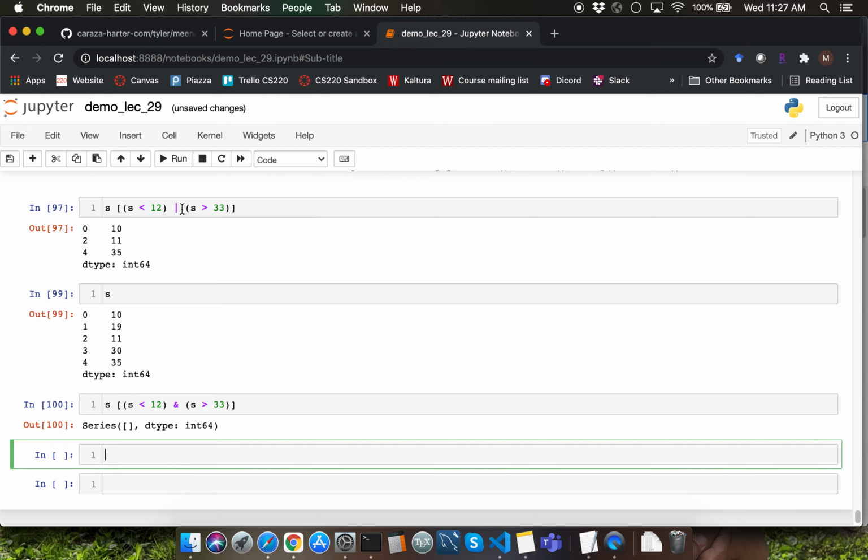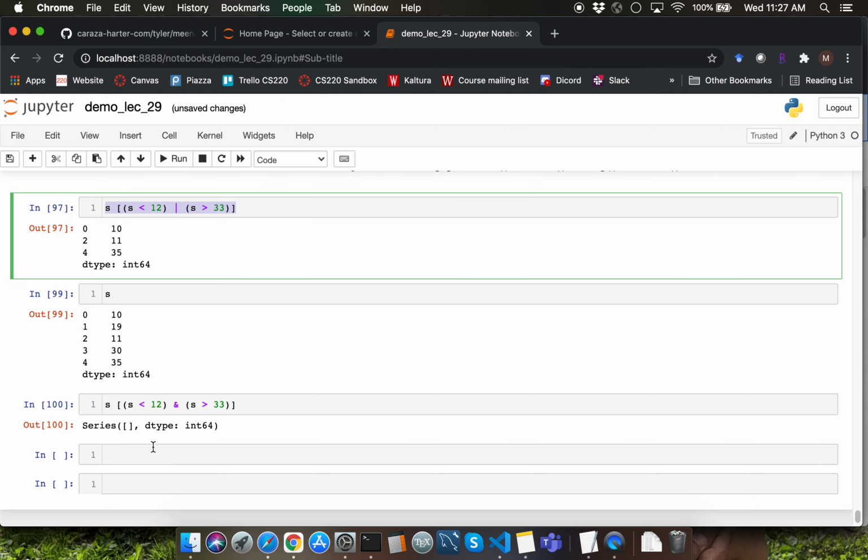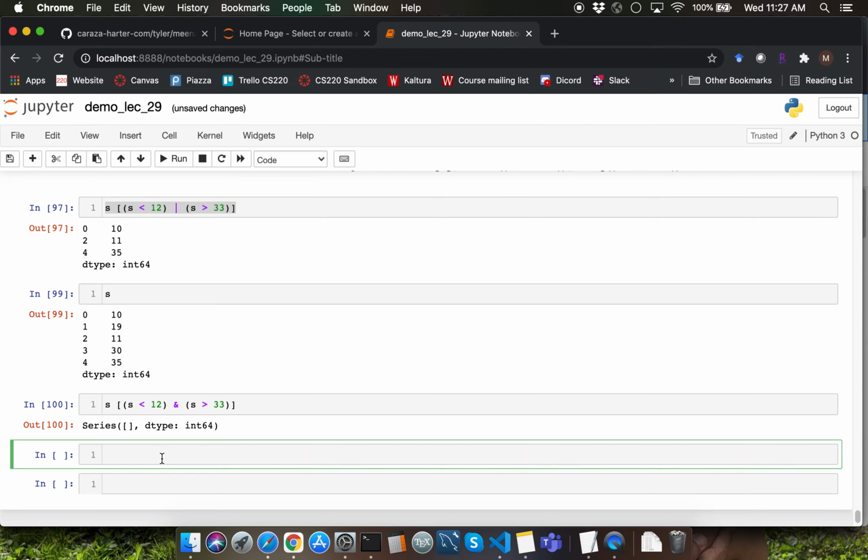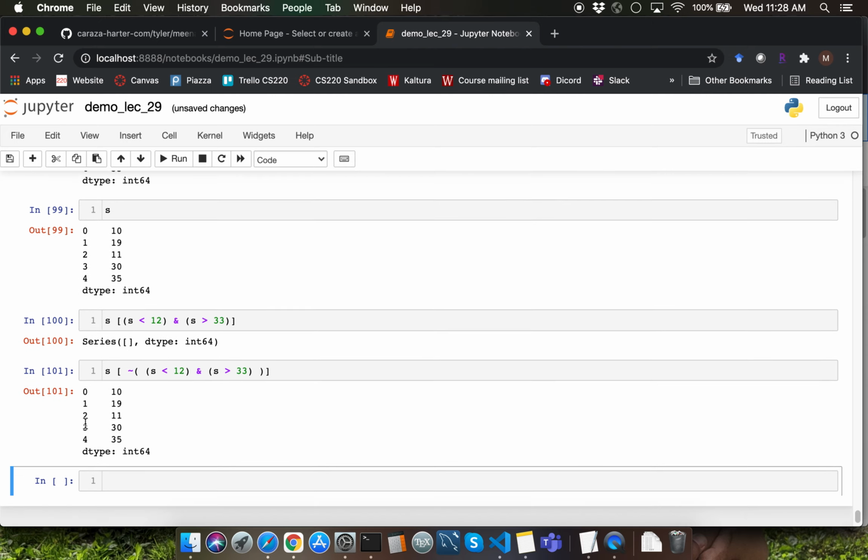Let's try and see if I can get the not example to work here. I'm going to say S of S less than 12. Let me replace OR with an AND, and I'm going to not the entire application of this complex expression here. I will have to add a parenthesis around the not to make sure that we have the correct output here. That is giving some result. I'm not really sure what's going on with this example. I'll try to dig in further.